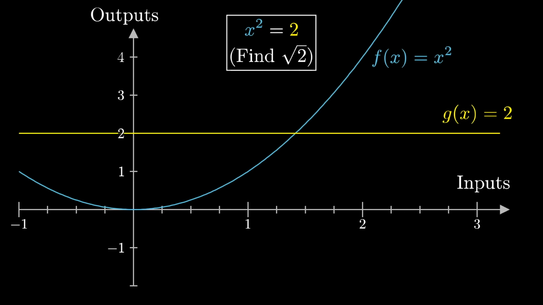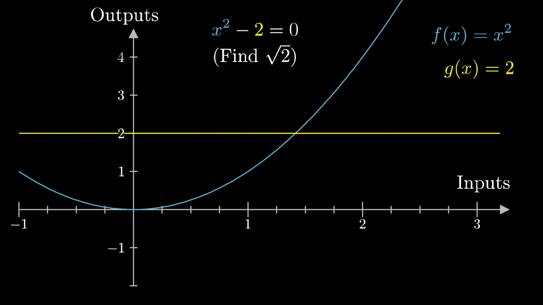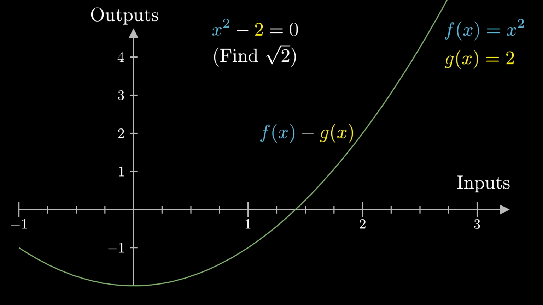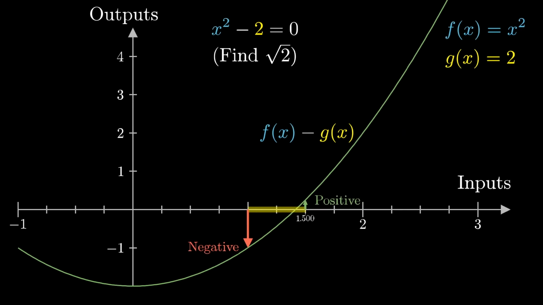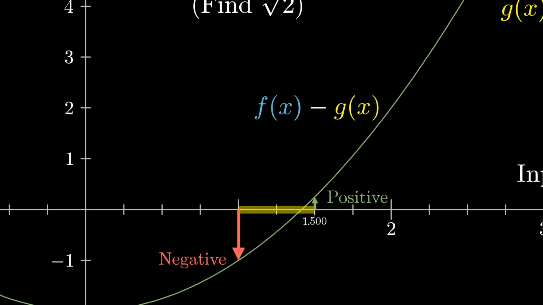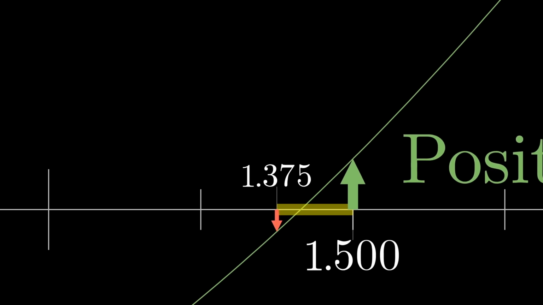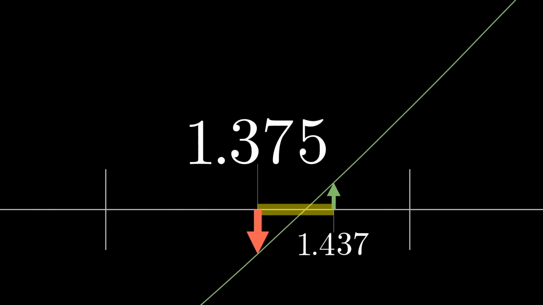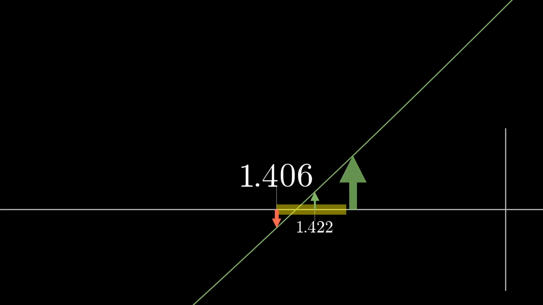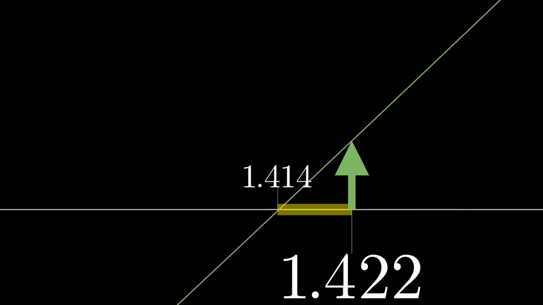Now, another way to think about this, which is going to make it easier for us once we get up to higher dimensions, is to instead focus on the equivalent question for when the difference between these two functions is 0. In those terms, we found a region of inputs where that difference was negative on one end, and it was positive on another end. And then we split it into two, and the half that we narrowed our attention to was the one where the outermost points had varying signs. And like this, we were able to keep going forever, taking each region with varying signs on the border, finding a smaller such region among its halves, knowing that ultimately we have to be narrowing in on a point which is going to be exactly 0.